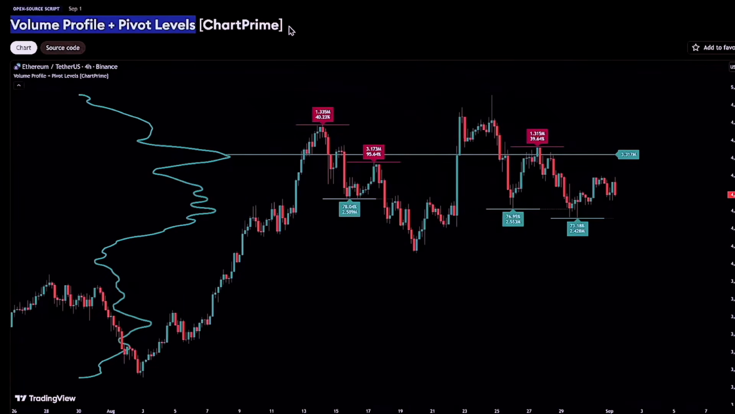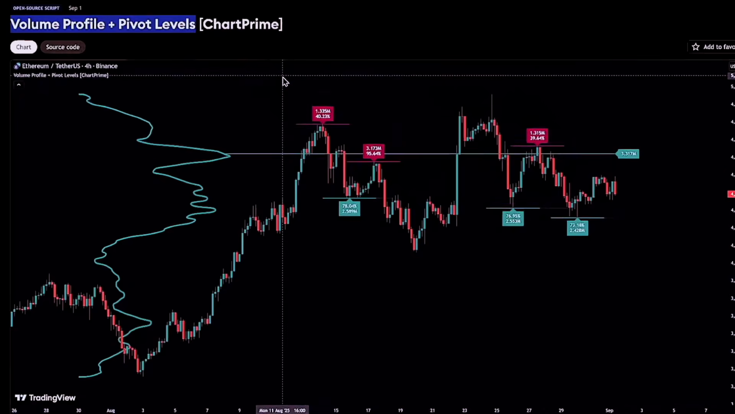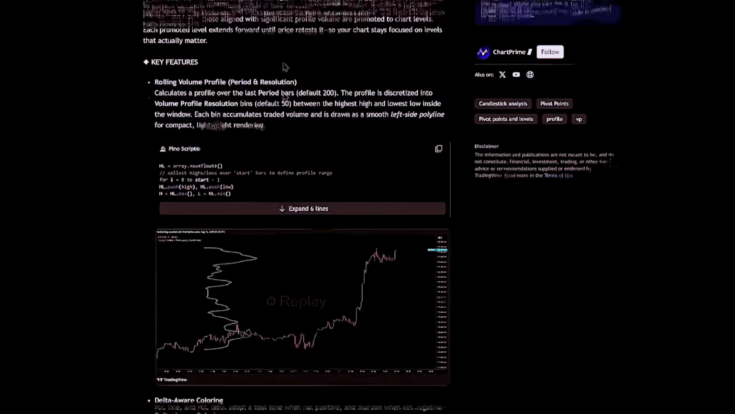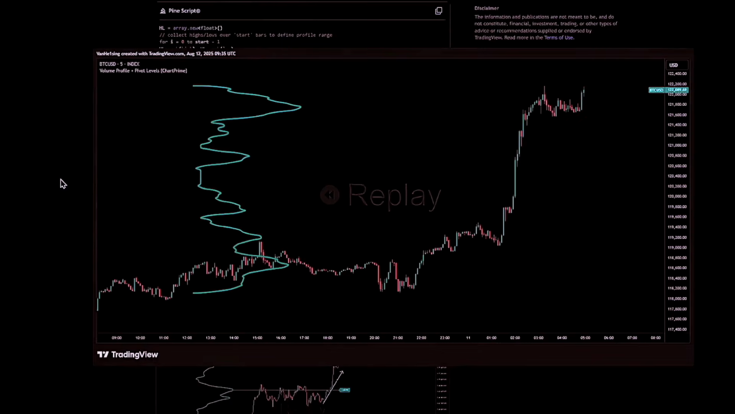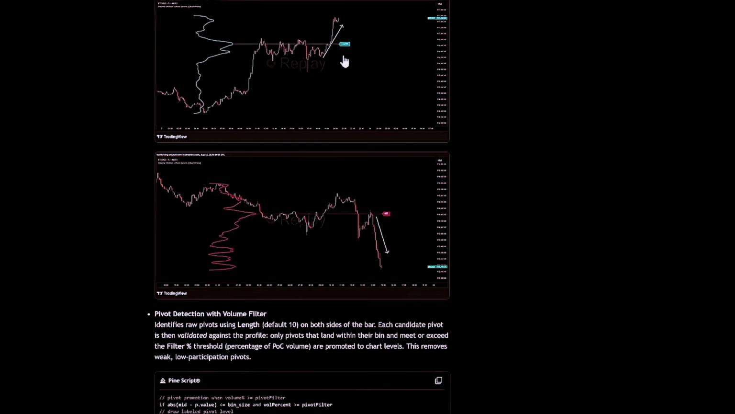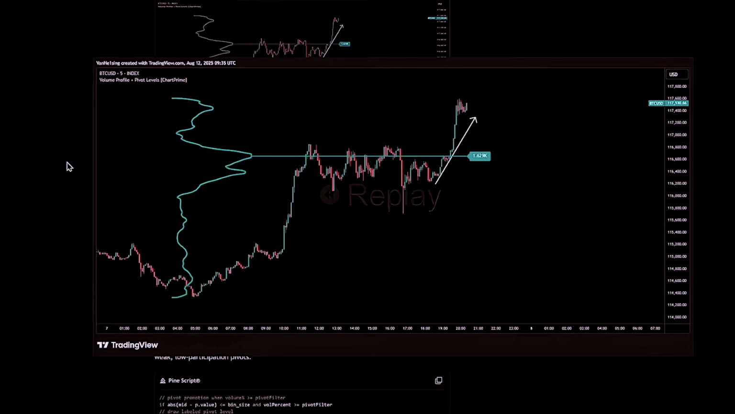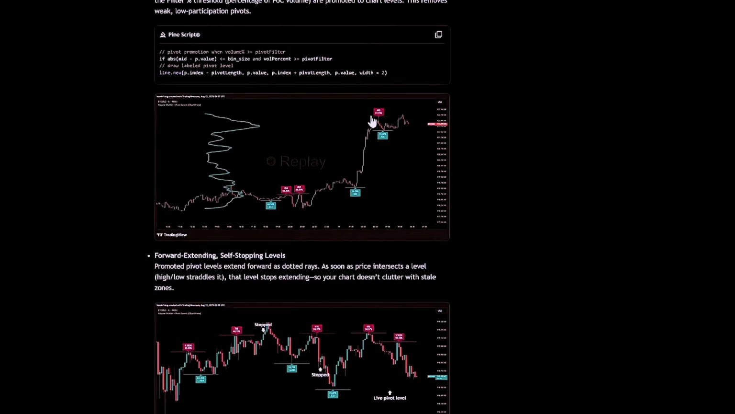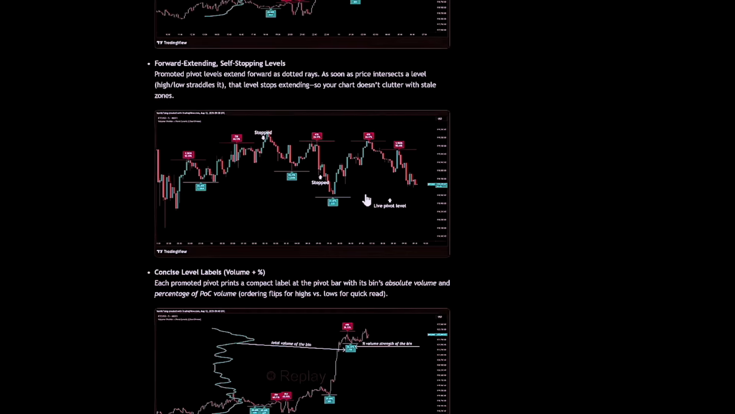Hey there! Let's talk about an awesome trading tool called the Volume Profile Plus Pivot Levels by ChartPrime. This thing blends volume analysis with key price action turning points, all while keeping your chart super clean and easy to read. I'm gonna walk you through what this indicator does and how you can use it to level up